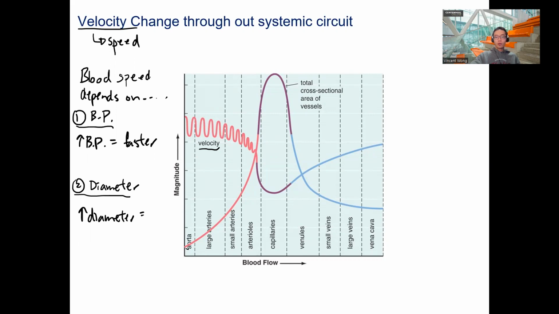A lot of you say slower, but actually it is faster. Okay, I know why you chose slower. I will explain in a second. Let me rephrase and give you another example. If you think about driving,